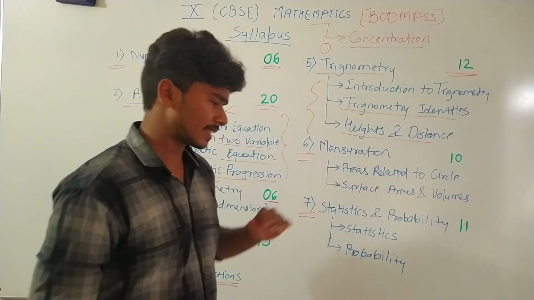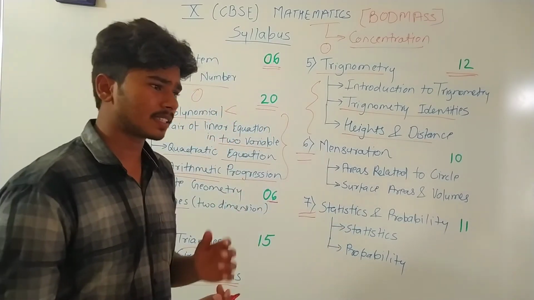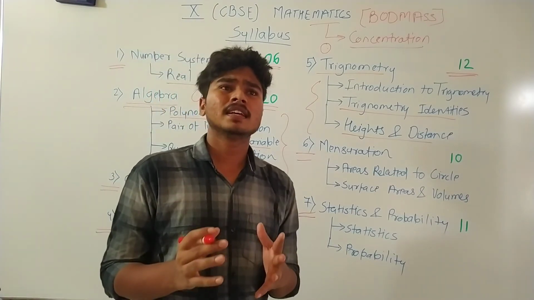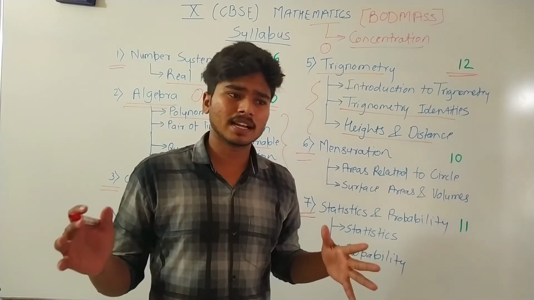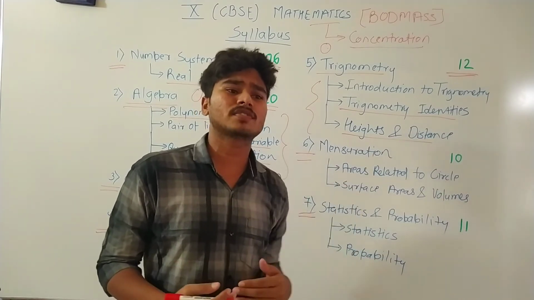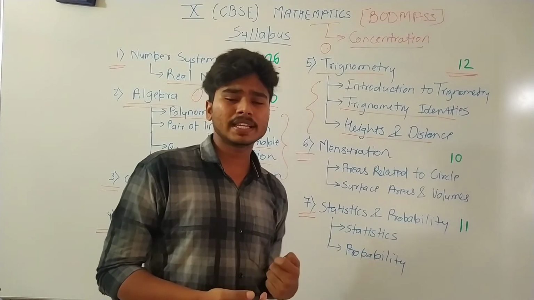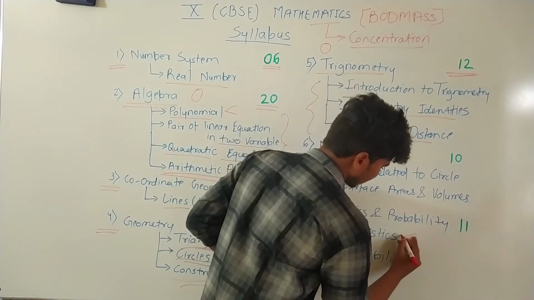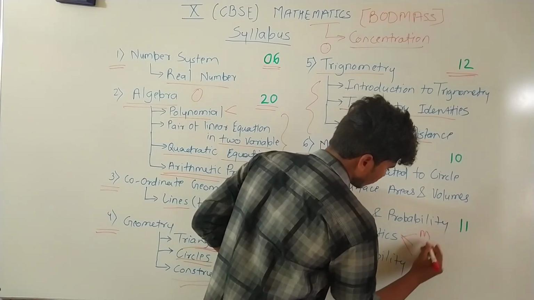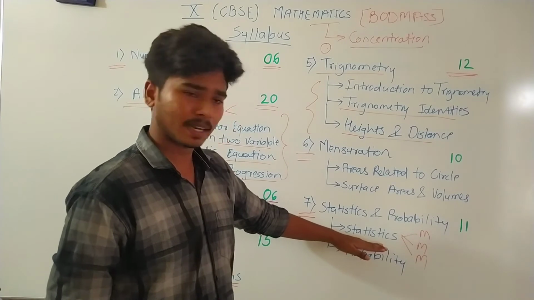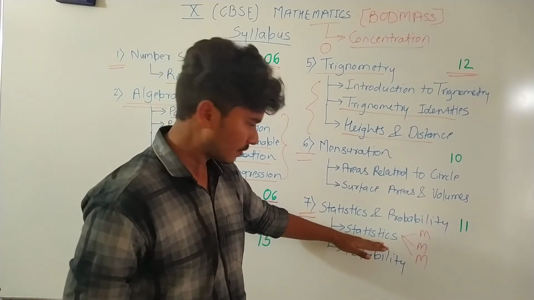Then what is the statistics? In the statistics, nothing but the something graph. Like if you have asked, there are 7 students and their marks will be given, and you have asked to find the average of that. Nothing but mean. You have asked. Like in this, we are going to deal with 3 things: mean, mode, median. Once we are studying this chapter, we will discuss in brief.